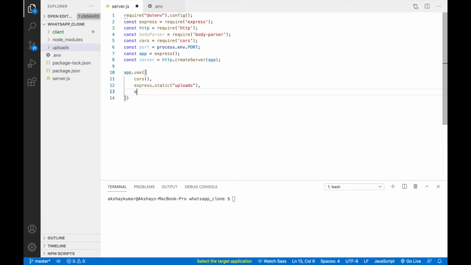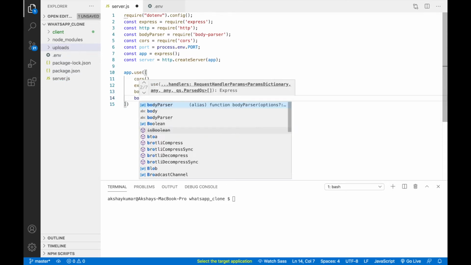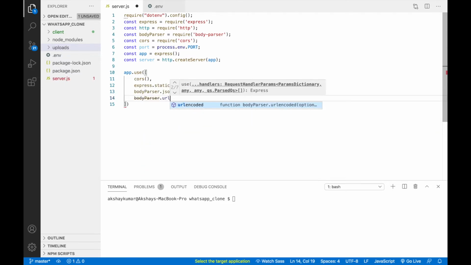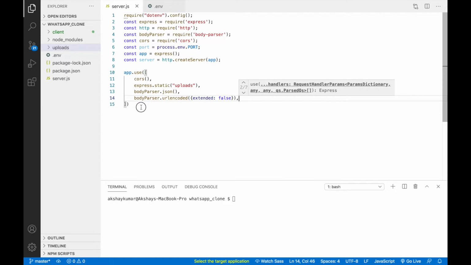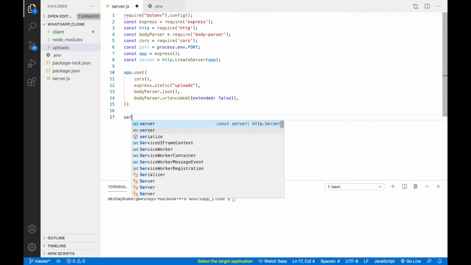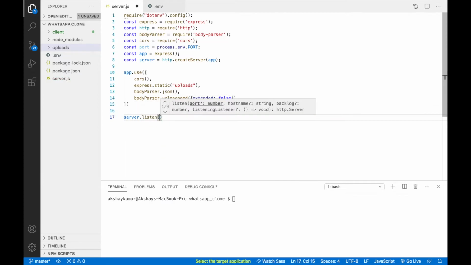After that we'll write bodyParser.json. Then again bodyParser.urlencoded, and here we'll pass extended false. After this we'll write server.listen with port and one callback method.